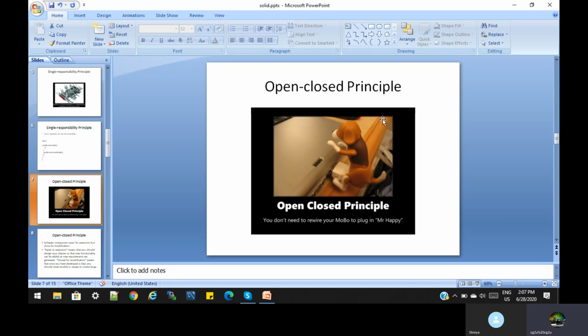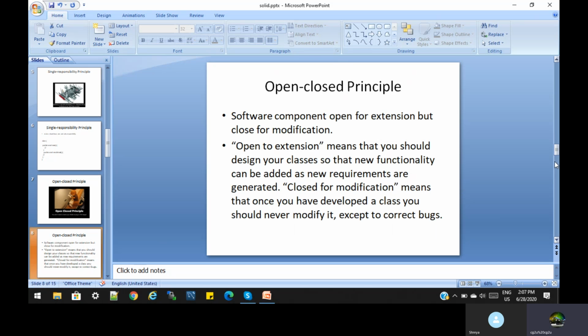Second is the open closed principle. O stands for open and closed principle. What is the open closed principle? Software should be open for extension but closed for modification. What does it mean? Open for extension means you should design your class so that new functionality can be added as new requirements are generated.